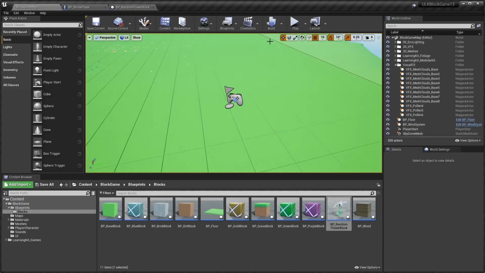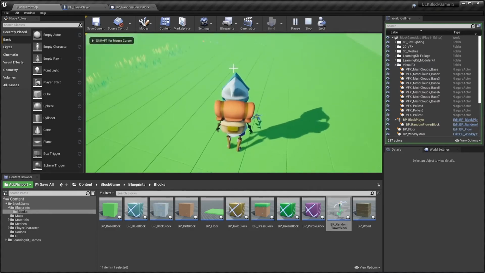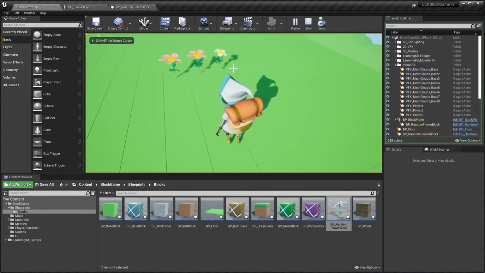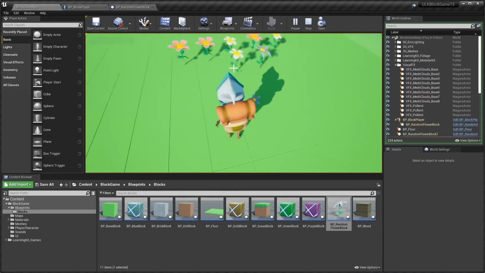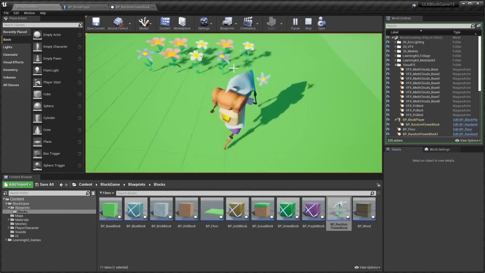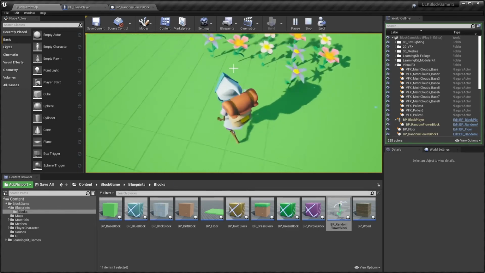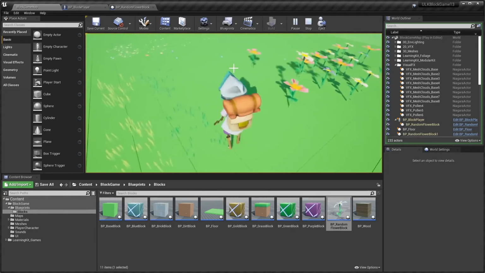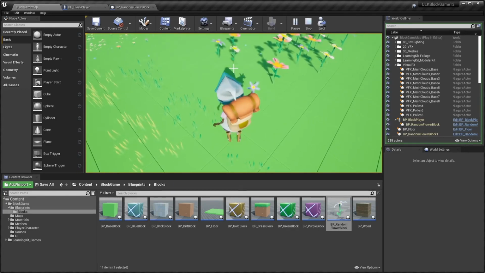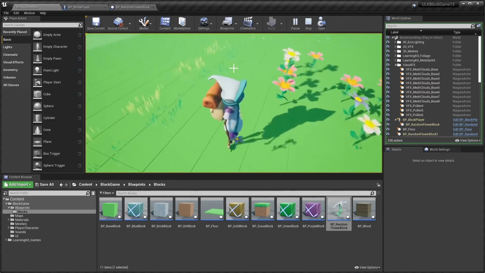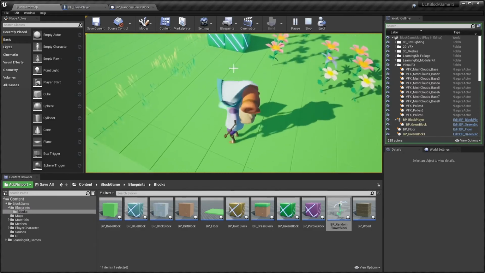Save that, come back over here to play, and try it out. And I'm getting random meshes. There we go. So I've got 3 random flowers placed down, and you can use this for any kind of mesh. I just thought the flowers were a great demonstration of that. And now we have several blocks that we can use,